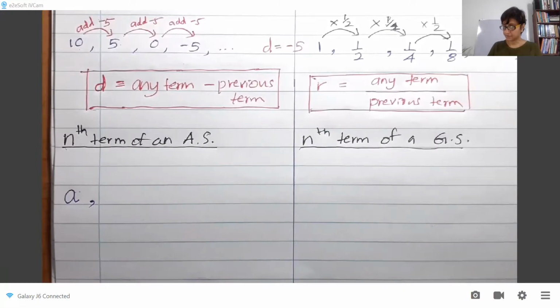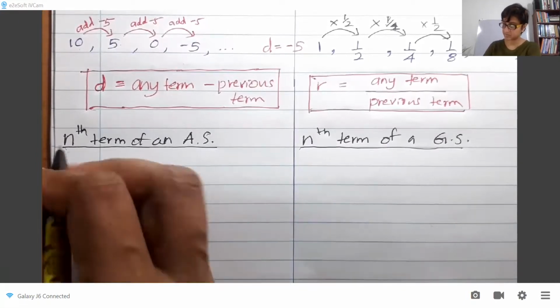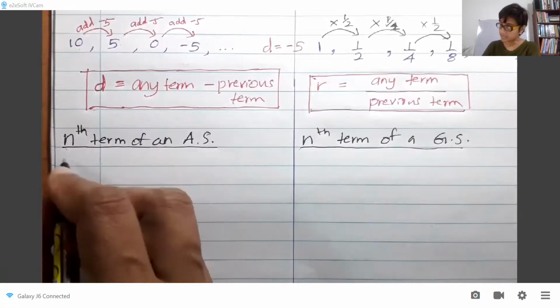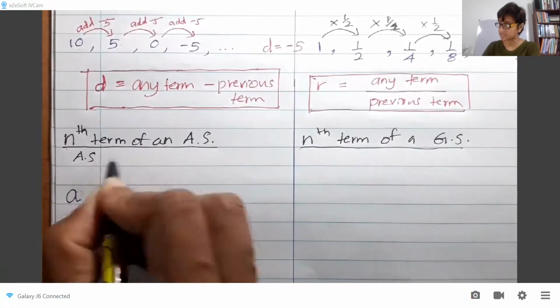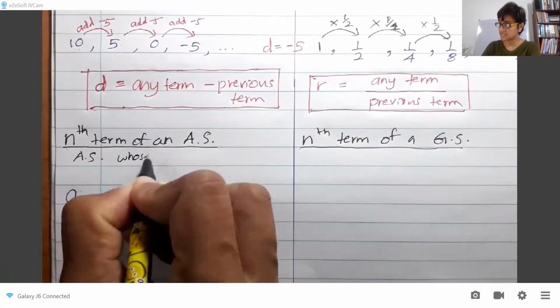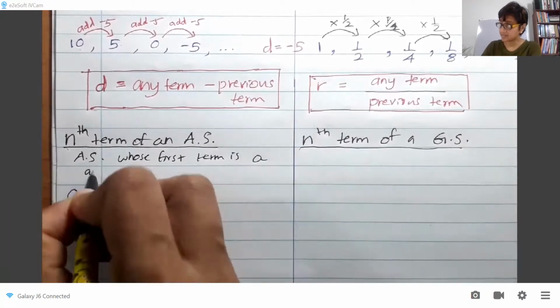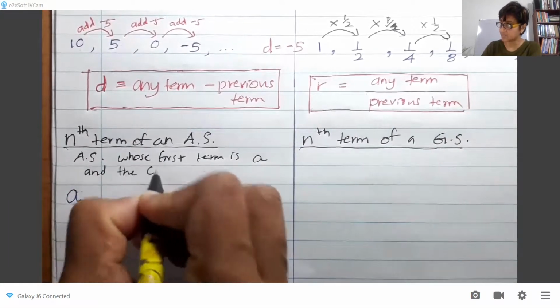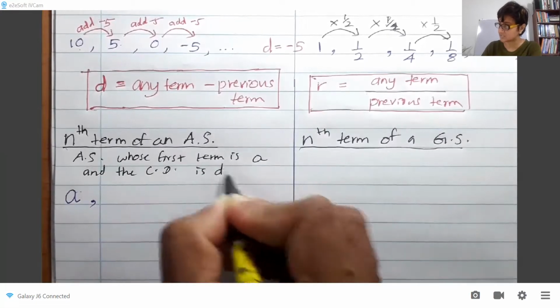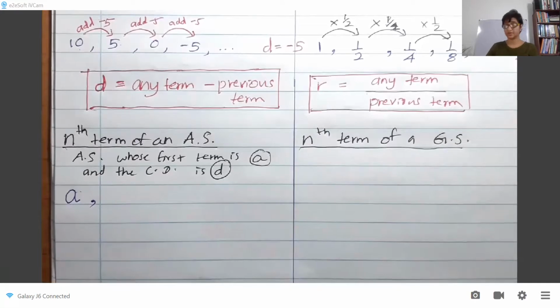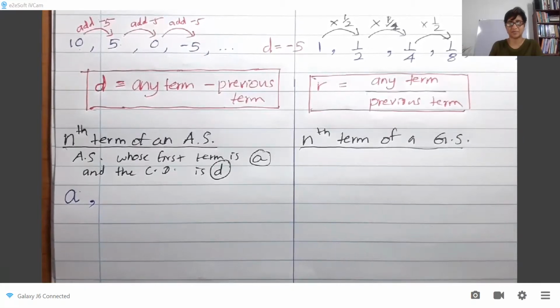Okay, let me write on top. So I'm considering an arithmetic sequence whose first term is A, and the common difference is D. I'm using notations, okay? Don't write, I'm just explaining. You can write later. So I'm thinking of an arithmetic sequence. It's in general, right? I'm not taking a specific example. I'm talking in general. So let the first term be A. If the common difference is D,